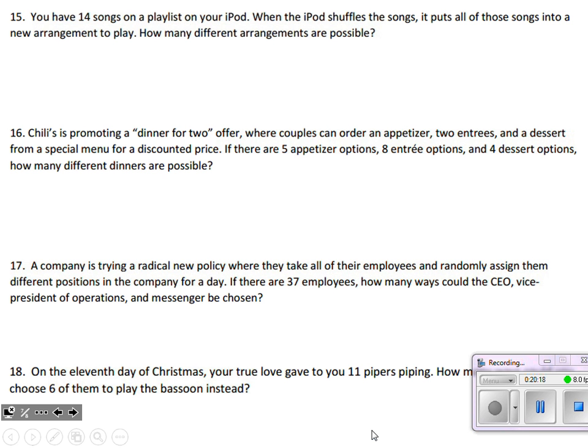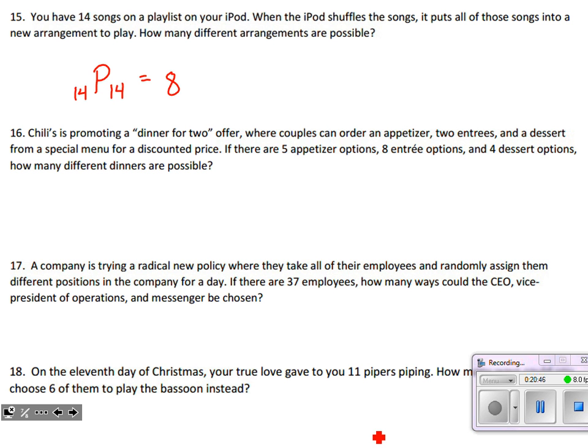Okay, so here we're at the point in the test where we can rely heavily on the calculator. We just need to know when order matters or not so that we type in the correct thing. Here we're finding out how many ways we could arrange all of those 14 songs. So it's arrangement, order matters, 14P14, and we get a huge number. The calculator will actually put it in scientific notation, and that's fine. For an answer, it's a huge number of ways.